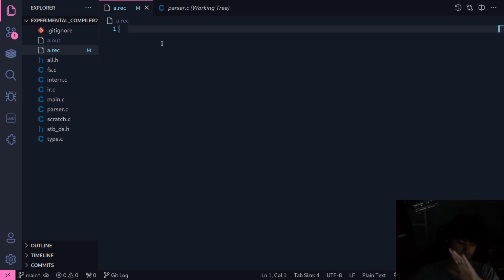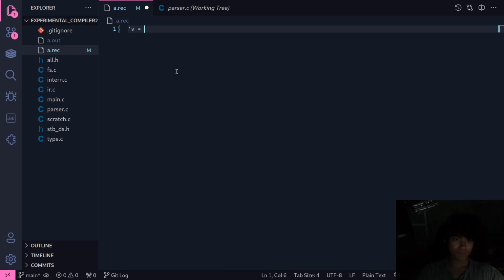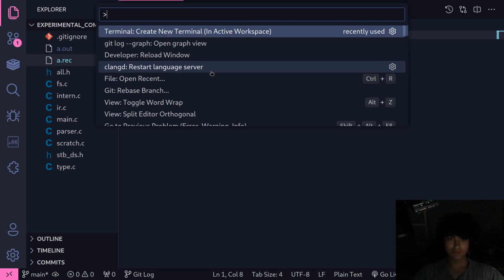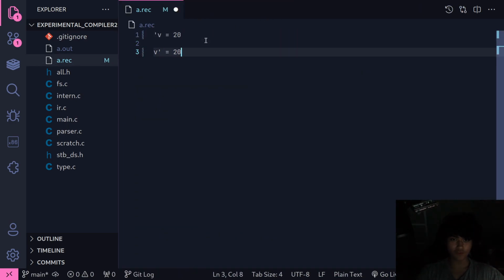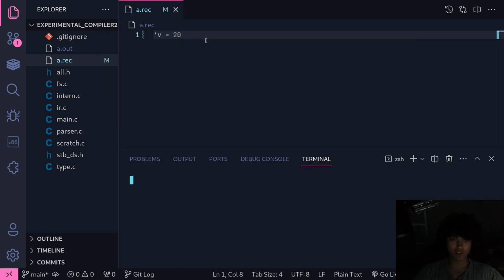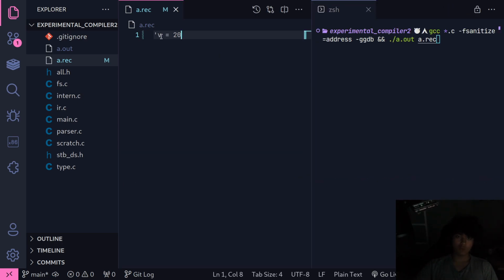So there's do. Okay, I need to explain mutable variables as well. This is a mutable variable. This would be called v prime, but it's not; I'm using a prefix version. Anyway, these are mutable variables. Mutable variables in this language have an explicit look.